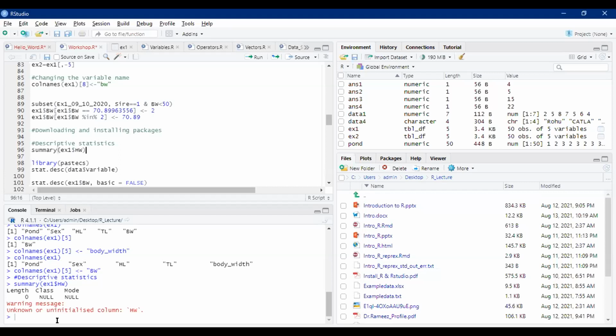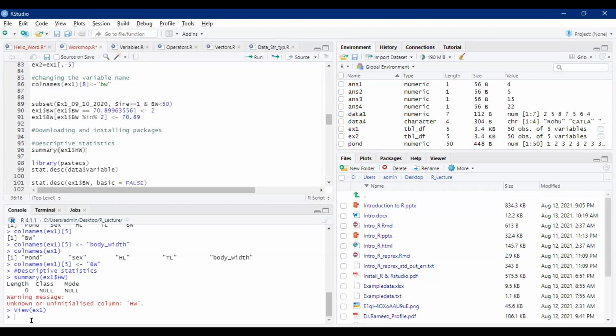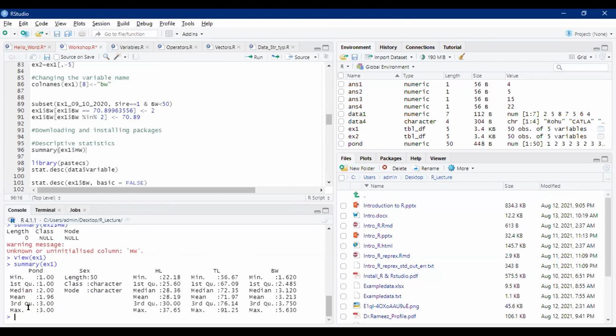There is some issue with the ex1. Okay, see, I think this is a very small data set. I try to get the summary of the entire data set, but these two things don't make any sense, because even though they are